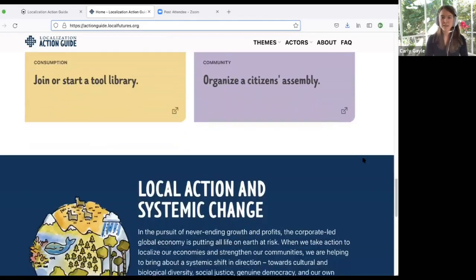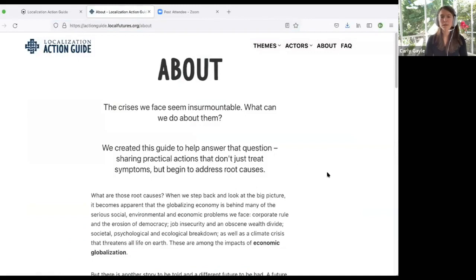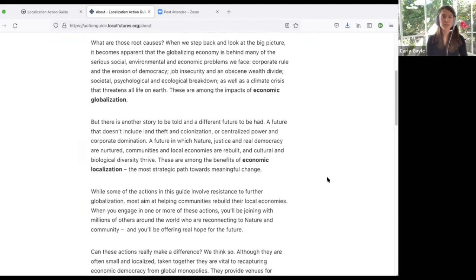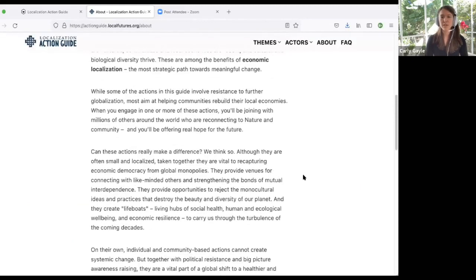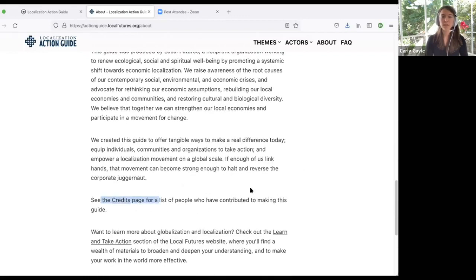Related to that, we then have a paragraph on local action and systemic change, and down here, a related quote from Helena. We expand upon this in the About page over here. This has a primer about globalization, localization, the relationship between resistance and renewal, and top-down and bottom-up changes, between policy and grassroots. Further down, we have more information about Local Futures with a link of credits for people who helped with the website, contributed to this guide, and a link to more resources on Local Futures' main